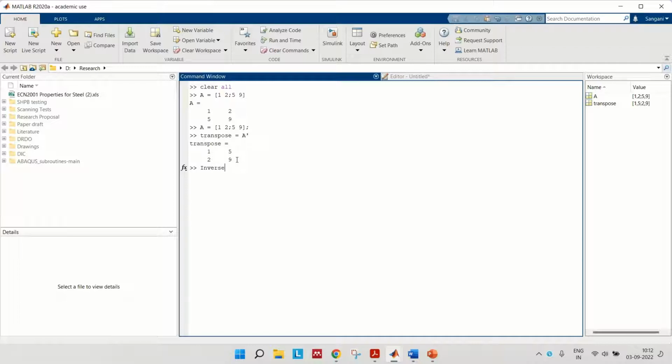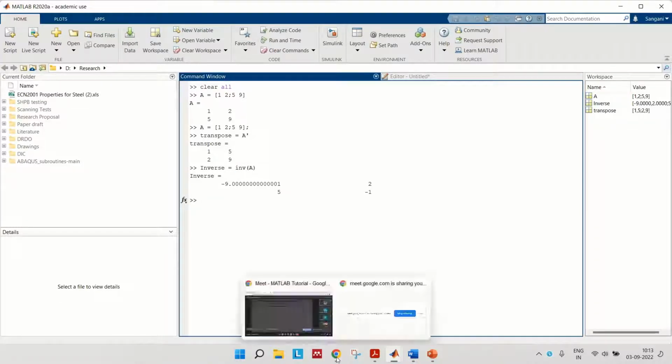And if you want the inverse of the matrix, you have inv of a. If you just want to check whether your syntax is correct or not, once you type inv and open the bracket, it shows inv of x. So I need the inverse of a, so I get this, the inverse of a. I know these syntaxes because I have been using them for a long time. If you just want to know them, you can directly search